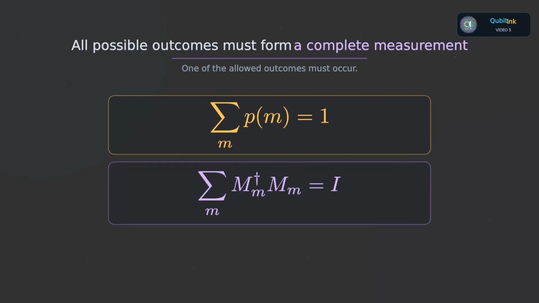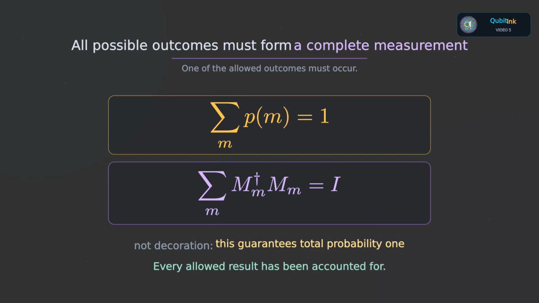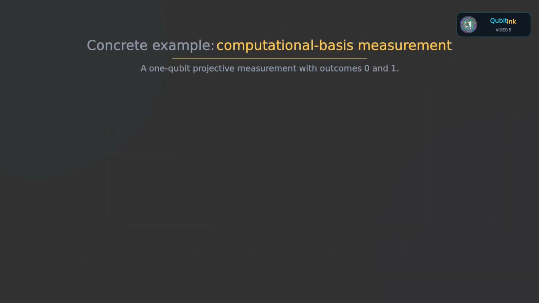This is not an extra piece of decoration. It is exactly the mathematical condition that guarantees that the total probability is 1. In other words, the measurement description has accounted for every possible result. Now let us make all of this concrete with the most familiar example in quantum computing, measuring a single qubit